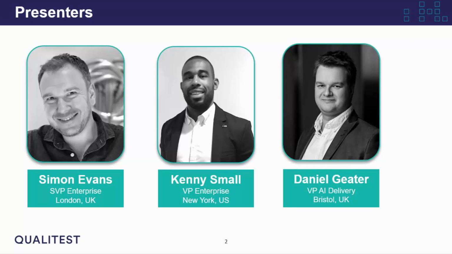So my name is Daniel Gita. I've worked in software development and quality for around 12 years now on both sides of the fence, building applications and ensuring quality on them. My background is more to do with automation and performance across landscapes, not just in the enterprise space but in others. These days my main focus is artificial intelligence: both how to assert quality on artificial intelligence and how to use artificial intelligence to improve quality elsewhere.